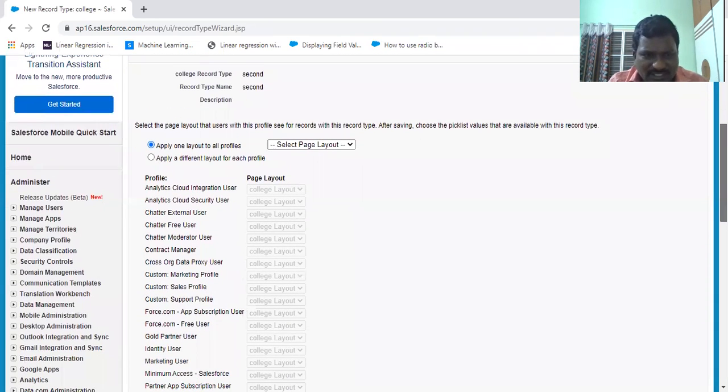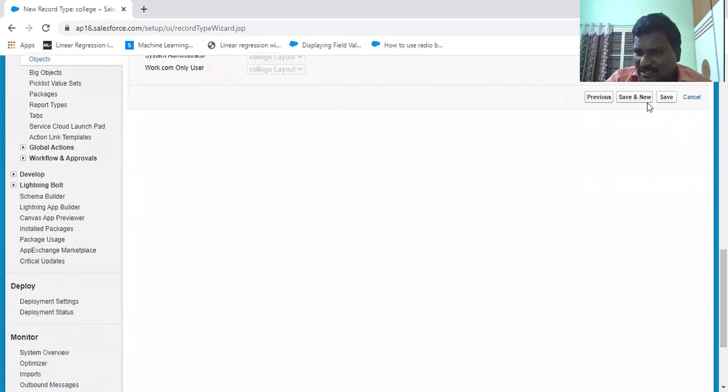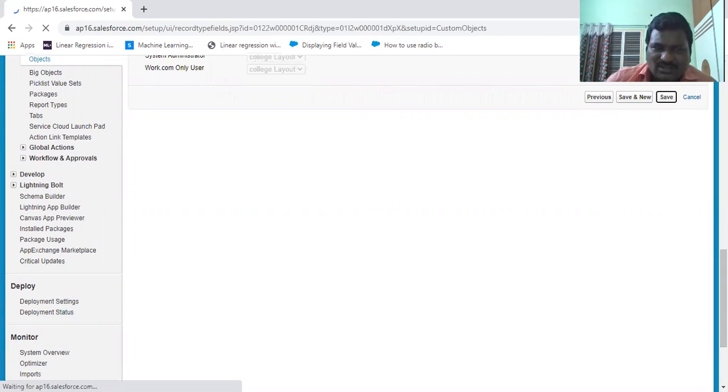Here, apply one layout; previously I assigned the Uma_page layout to the first one, and now the College layout, which was already created by Salesforce. Save this one. Now I have created two record types with two page layouts.